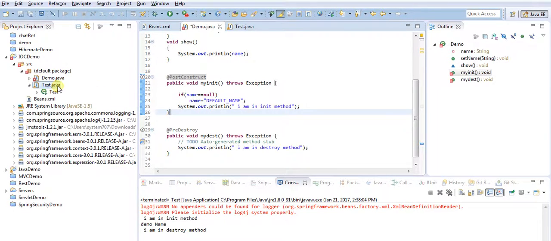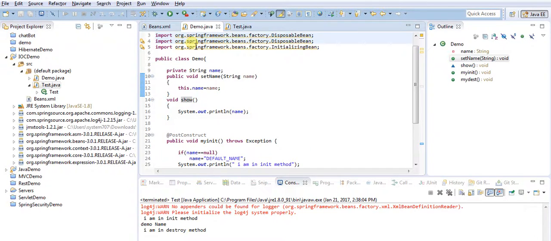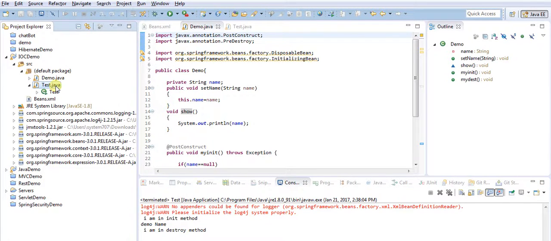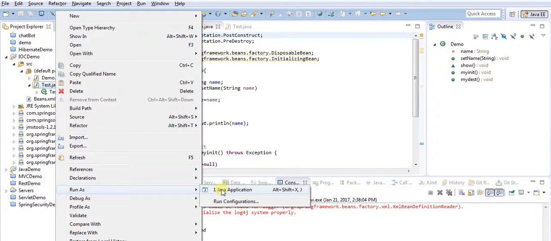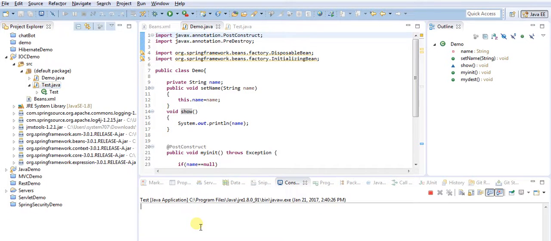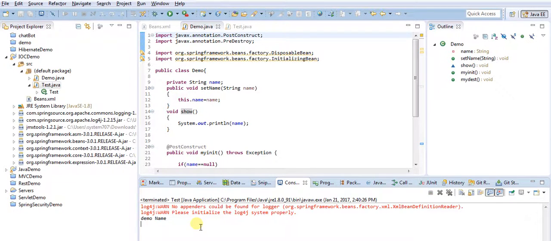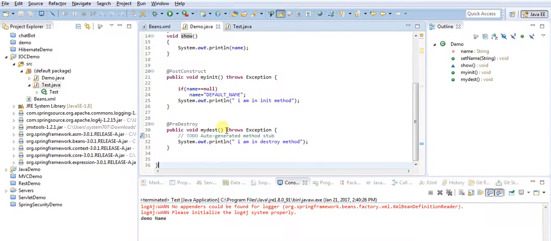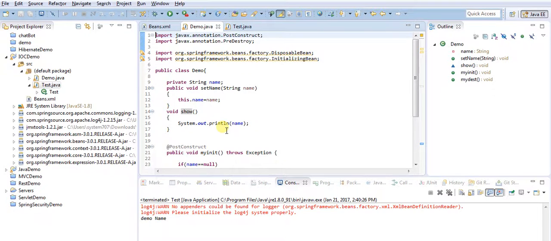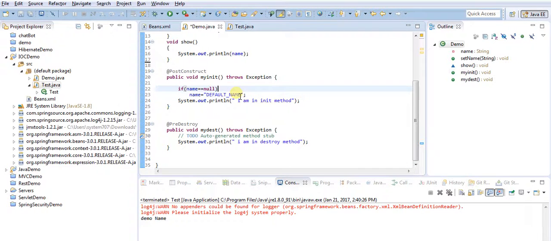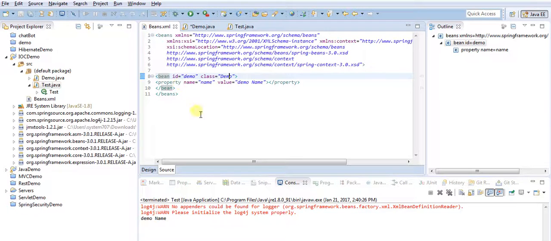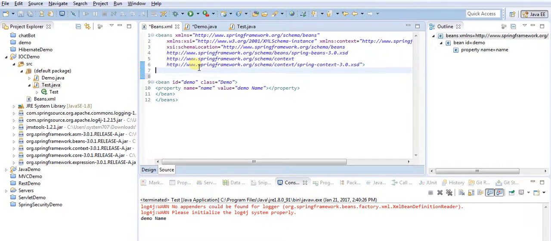So in this case also, if I try to run, it will print the same output which was printed by the other two examples. So see, in this case also it will. Okay, one more thing. It is not printing as expected, so there should be some other changes I need to do, I guess. Yeah, I got it. Why it is not working? If I am using annotations, I need to specify that thing in my XML file. What I need to specify, I need